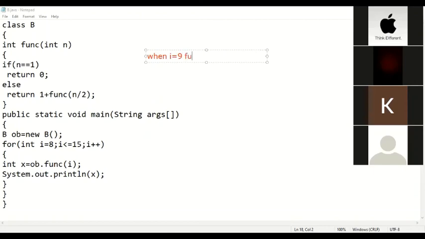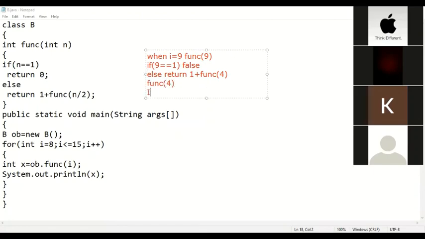When I is 9, the function will be called with the value 9. Okay, then if n double equals to 1, this is for the base case. 1 means 9/2 की value होती है, जो quotient value वही होती है.